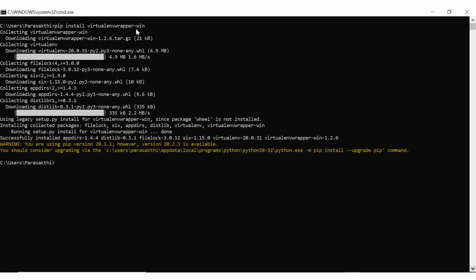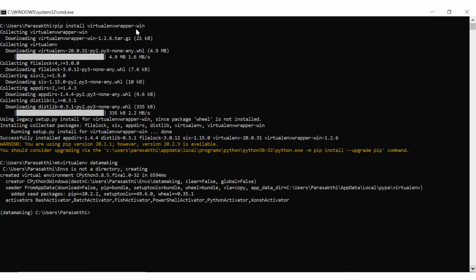Once this is done, I'm going to create a virtual environment. This is just a wrapper package, but you need to use virtualenvwrapper to create a virtual environment. The command is mkvirtualenv followed by the name of the virtual environment.